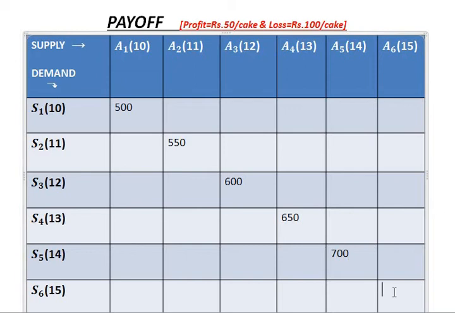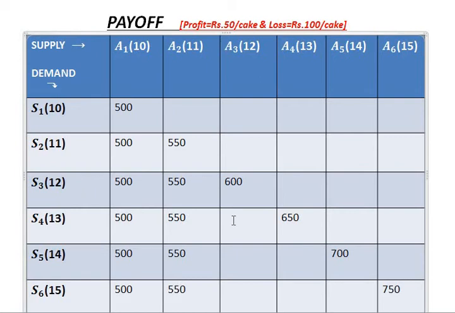In the last cell, that is 750. The same figure will repeat here now. Here 500 will repeat for the entries below: 500, down, 500, down, 500. When you come to the next column, his profit is 550. So you will be repeating the same. Even though more customers will come, they will just go away because all the cakes he had were already sold. So 550, down 550, down 550.